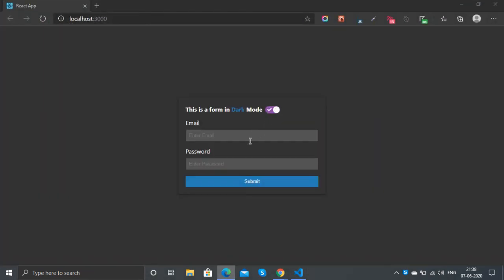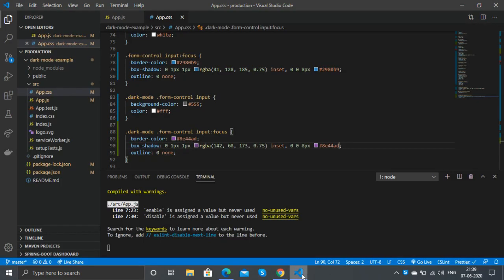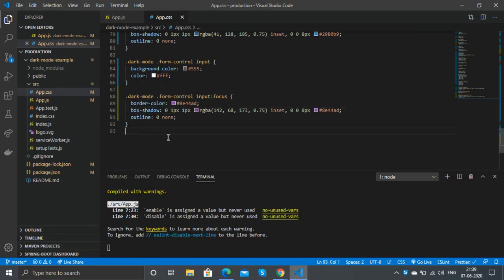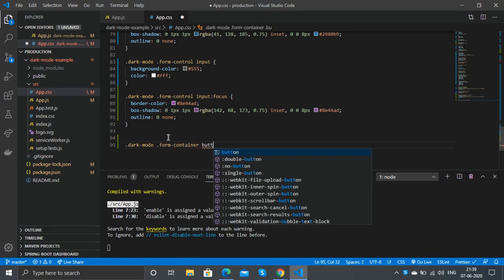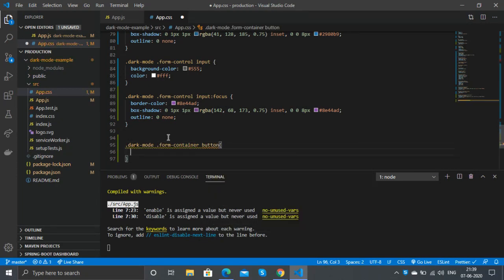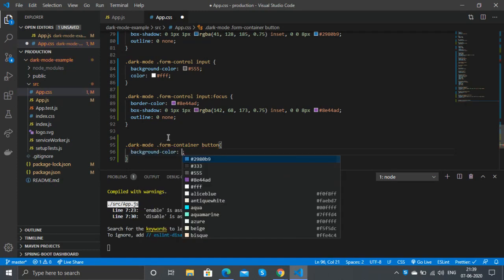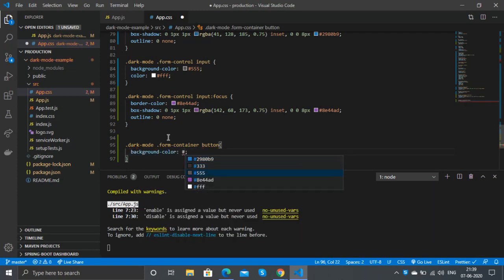As you can see now the input's colors are changing and we get a nice focus effect as well. Yeah, now we'll add the button style. For the button we'll give the background color the purple color we have chosen.